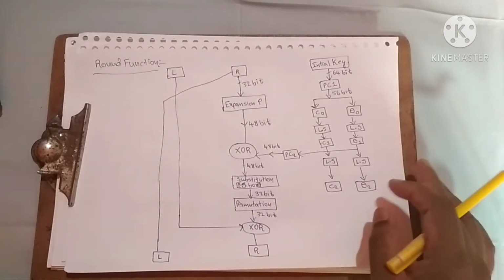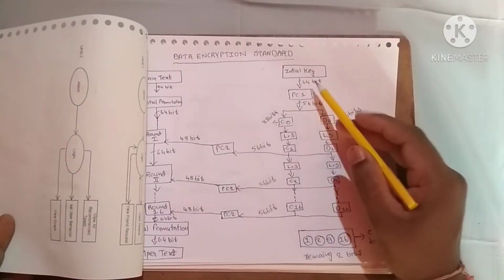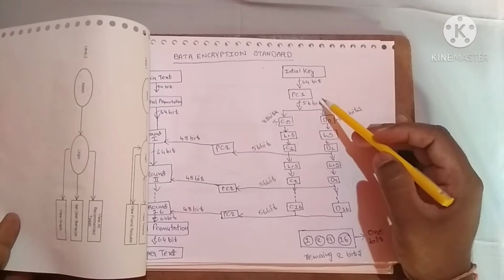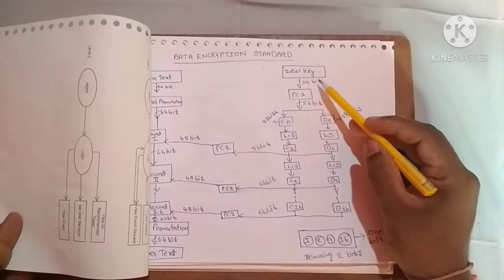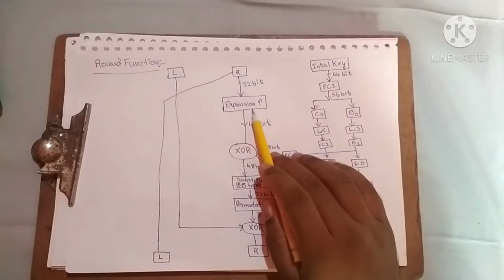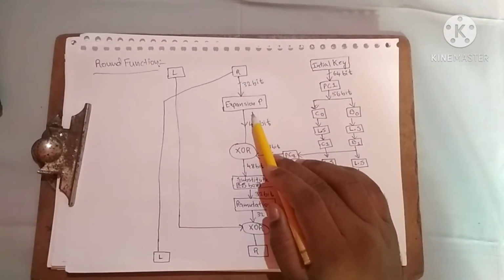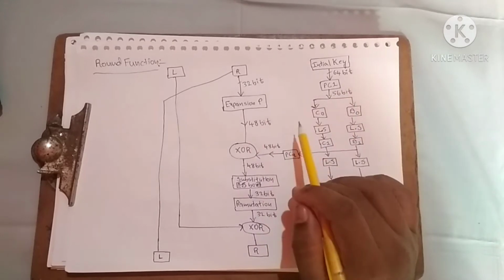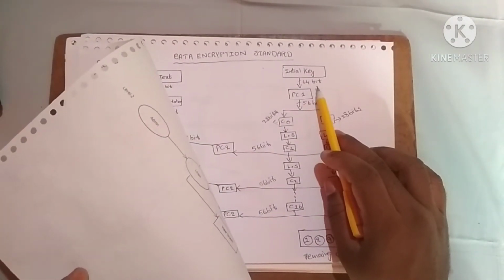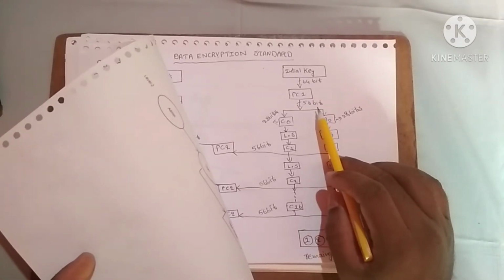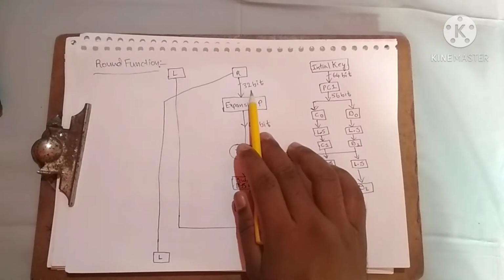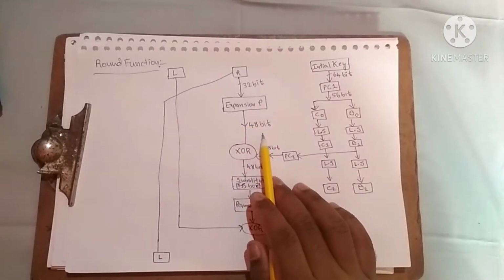Okay, in the previous video, in the initial key, we are doing 64 bits to 56 bits, neglecting 8 bits. That means it's a compression permutation. This is the compression permutation, and this is the expansion permutation, which is the reverse of compression permutation. In the previous video, the initial key 64 bits are compressed into 56 bits. But here the 32 bits are expanded to 48 bits.